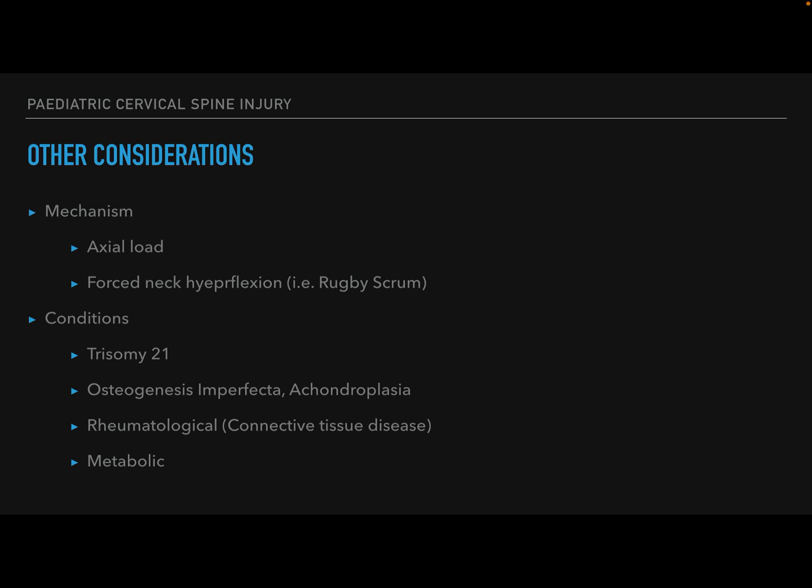So when assessing these children, what you need to consider is the mechanism of how they got injured and what risk they have put to their cervical spine. What puts you more at risk of cervical spine injuries? Axial load, so diving off the diving board and hitting your head on the ground type injuries, as it puts a lot of load through your spine, and the weakest point would be your lower cervical spine in older children, and forced hyperflexion injuries,